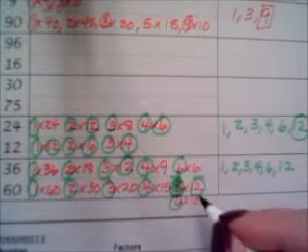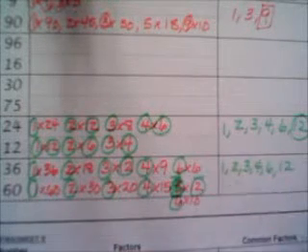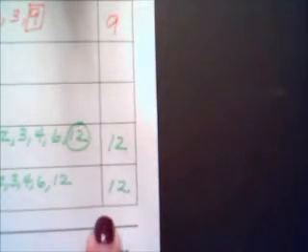Okay, so the greatest common factor for 36 and 60 is 12. Oops, sorry. Greatest common factor is 12. Okay,